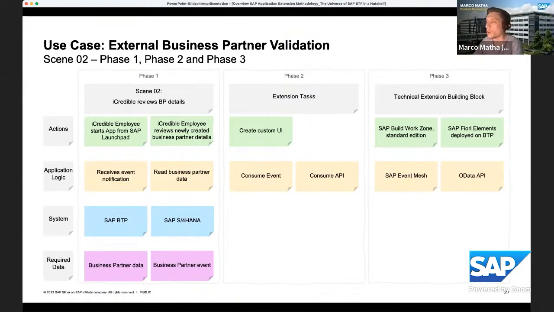If we now have this knowledge and we put it into this template, again, we see the second scene of our use case where the iCredible employee reviews the business partner details. We did the mapping to the extension task where we want to create a new custom UI, and we just took a look into the